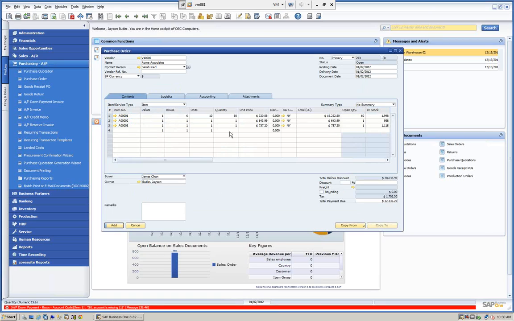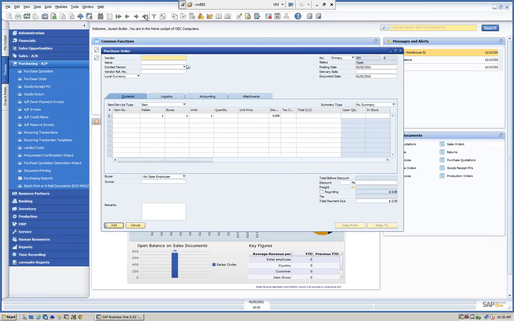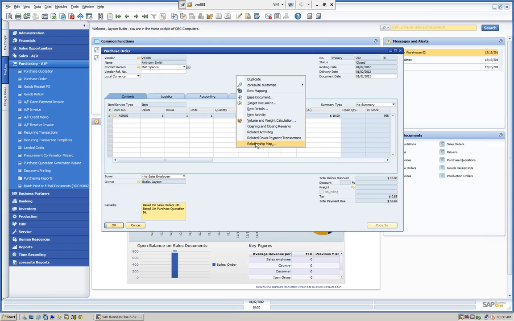And what's happening is we're going to actually create a down payment invoice in the background. The down payment invoice becomes a deposit. We can also do an AP Reserve Invoice. An AP Reserve Invoice allows us to do the accounting side and then do the receiving afterwards. You can see here when we did a purchase order, what happens is we have this purchase order,